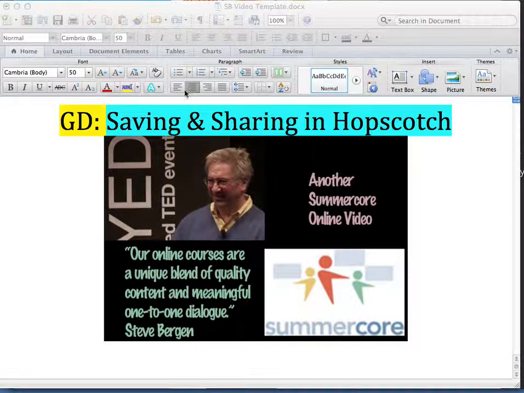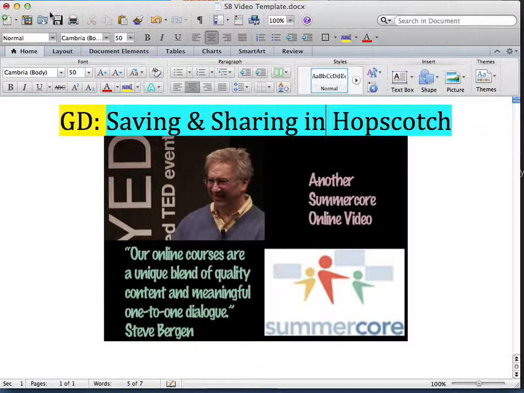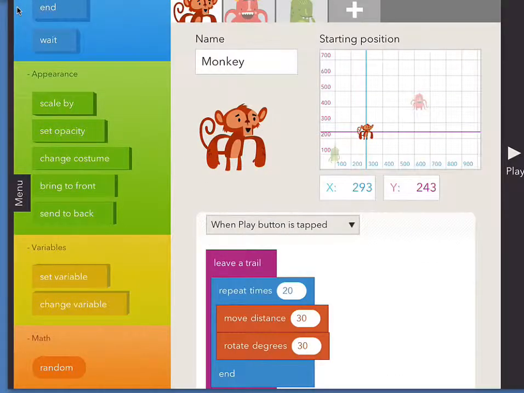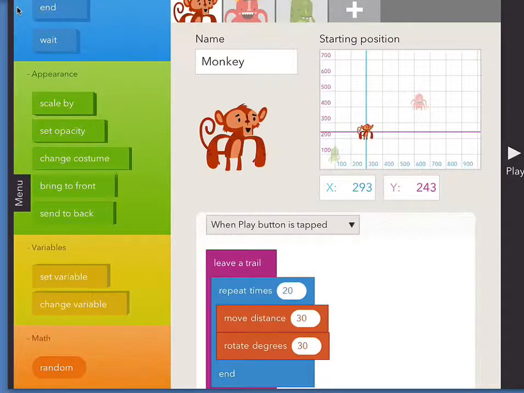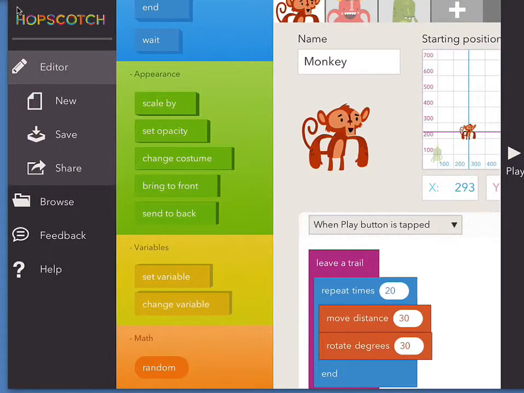Okay, let's talk about saving and sharing in Hopscotch. Somewhat different than we do with the Scratch library. So we've got a script for a monkey and a script for an octopus. And now if I go on menu, which is on the left-hand side in black, I click on menu, you